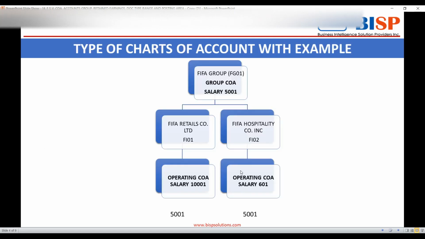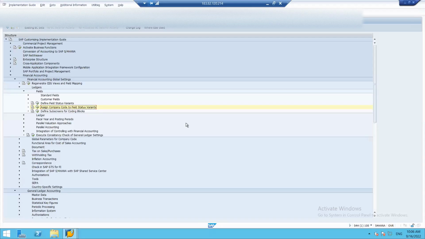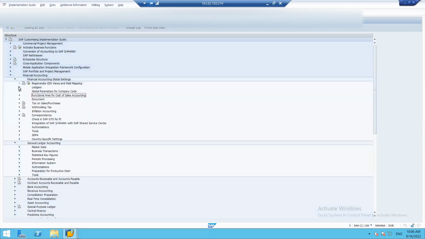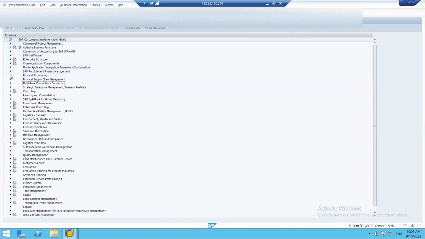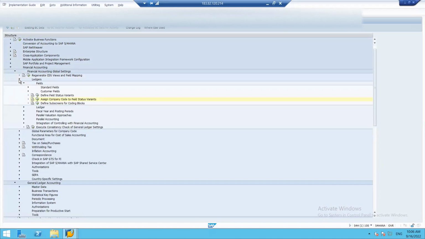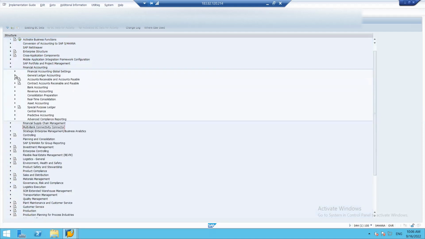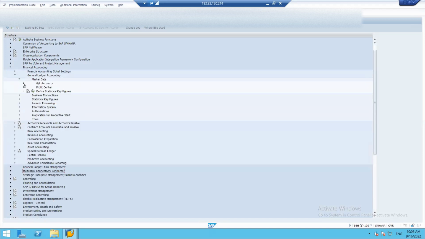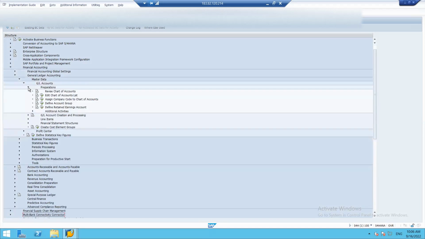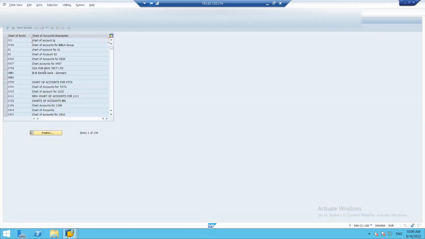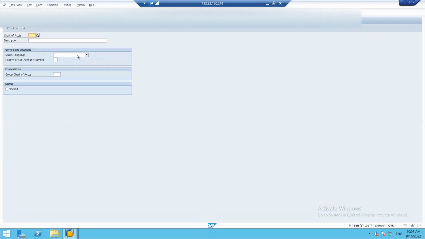So let's see how to create chart of account. Financial accounting, general ledger accounting, master data, general ledger, the general accounts and preparations, then edit chart of account list. So here we want to create a new entry, chart of account. So we can give any name to it, whatever you want to give. I am giving